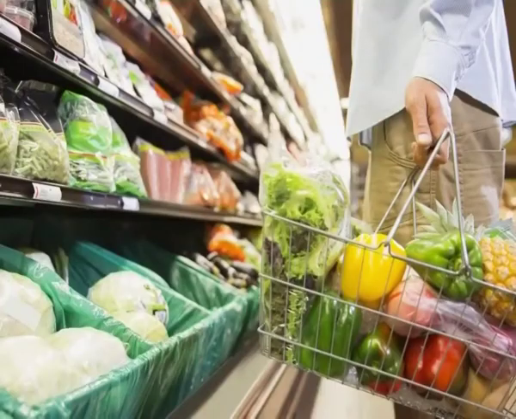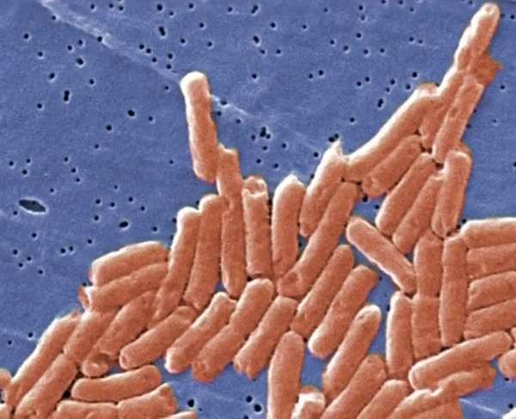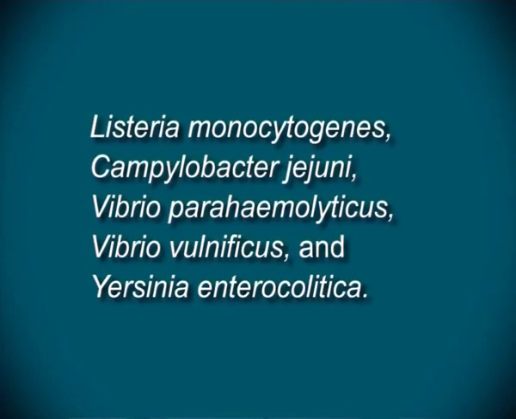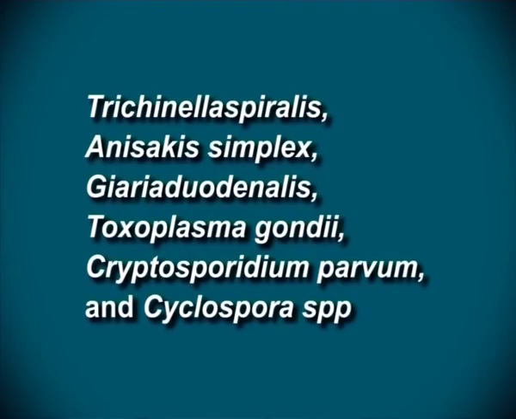Foodborne infection. Foodborne infection is caused by the ingestion of food containing live microbes which grow and establish themselves in the human intestinal tract. Some bacteria, viruses and parasites cause foodborne illness via infection. The foodborne bacteria that cause infections are Salmonella species, Listeria monocytogenes, Campylobacter jejuni, Vibrio parahaemolyticus, Vibrio vulnificus and Yersinia enterocolitica. The most common foodborne parasites are Trichinella spiralis, Echinococcus, Giardia duodenalis, Toxoplasma gondii, Cryptosporidium parvum